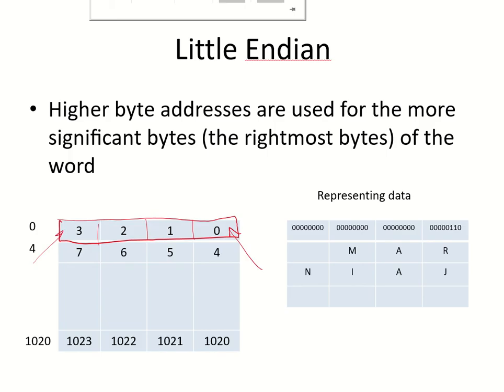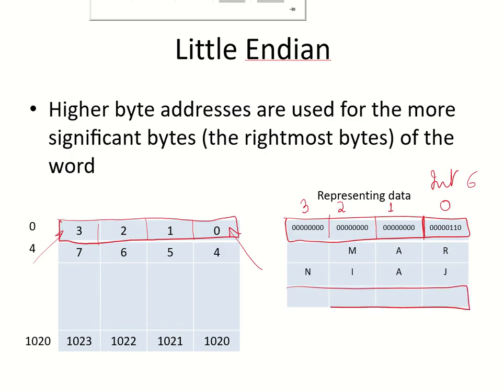How will you represent integer 6 over here? The representation is still going to be the same, but the address would be different. The least significant byte would have the address 0. The next ones have addresses 1, 2 and 3. Suppose it was stored over here, then this would have addresses 12, 13, 14 and 15. These would have been the addresses for this integer's bytes.